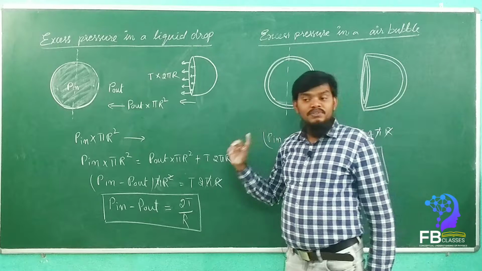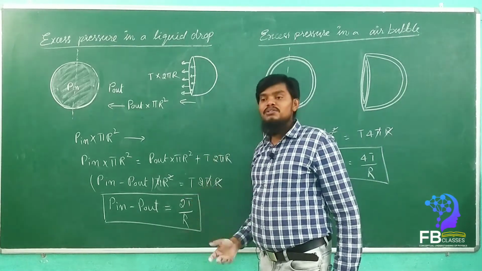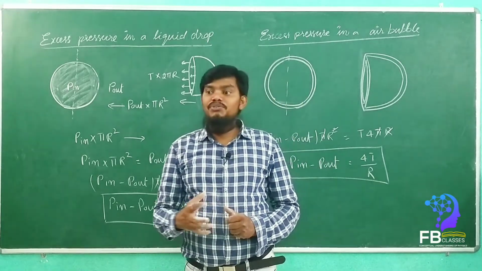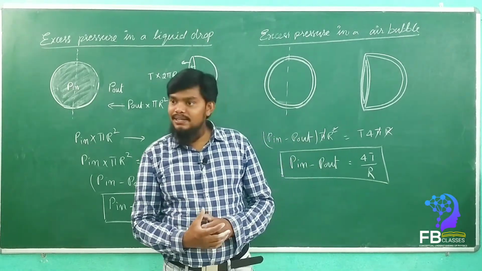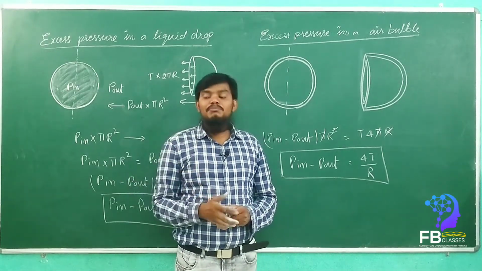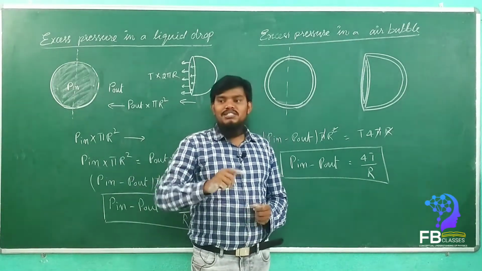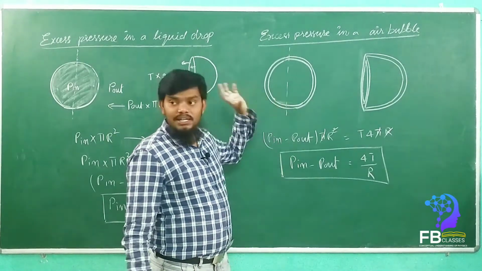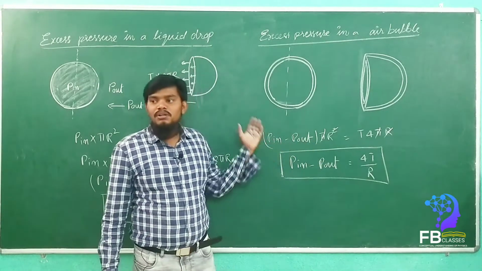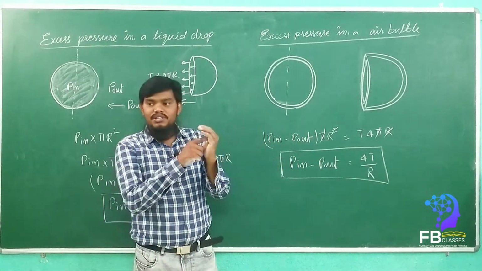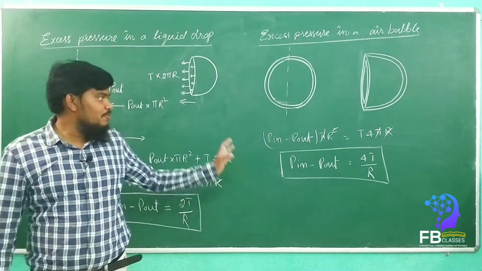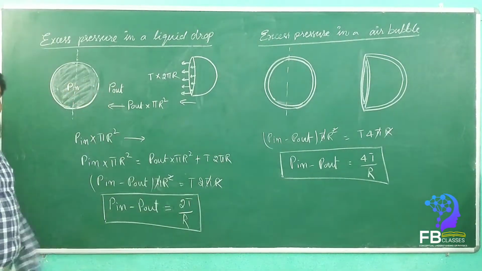Are you getting my point? Why are we memorizing like this? Because when we learn about capillary rise, we have to use this technique. Understand? Because it is not a bubble, right? It is a surface, a concave and convex meniscus. There we can use this technique. Where is the pressure more? At the concave surface. Where is the pressure less? At the convex surface. Got it? Can you please make a note of it? Then we can go further.